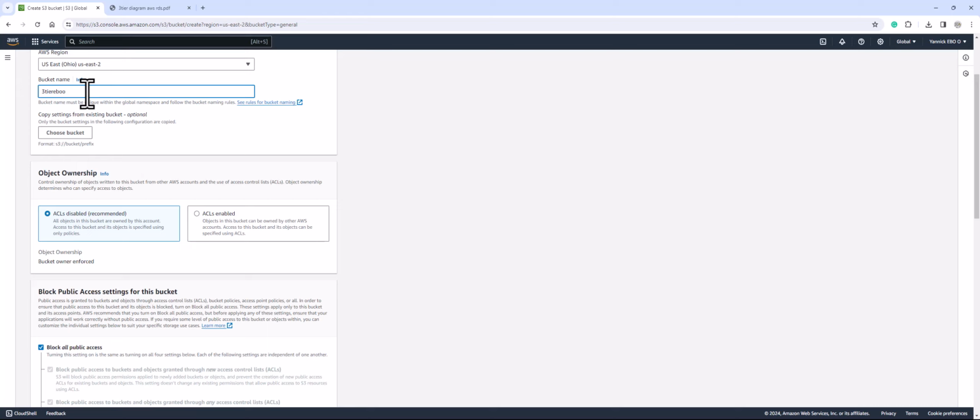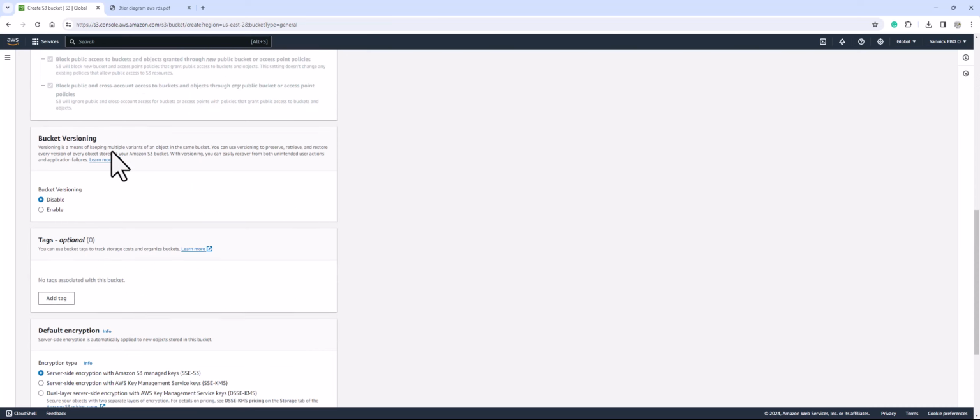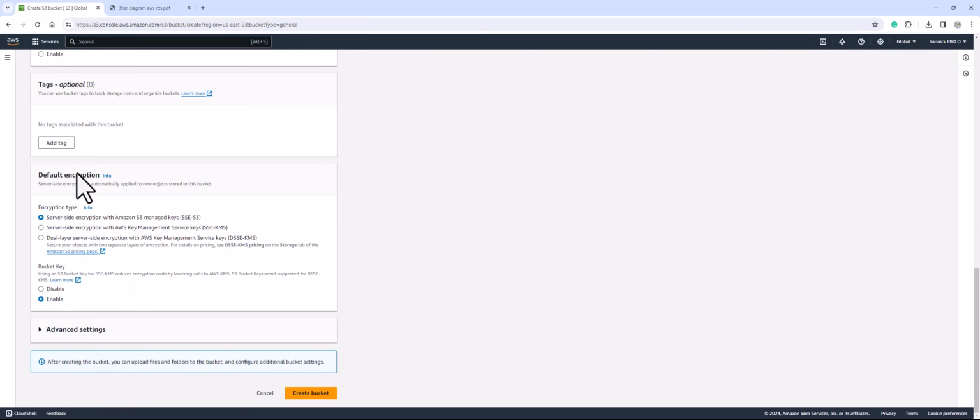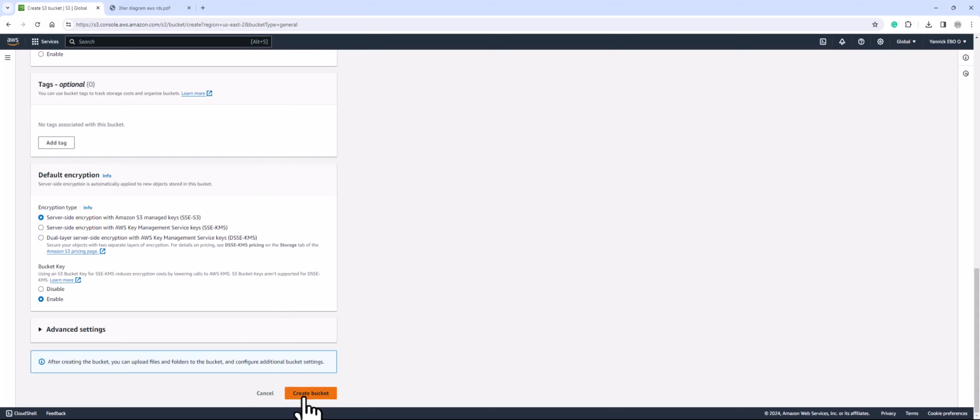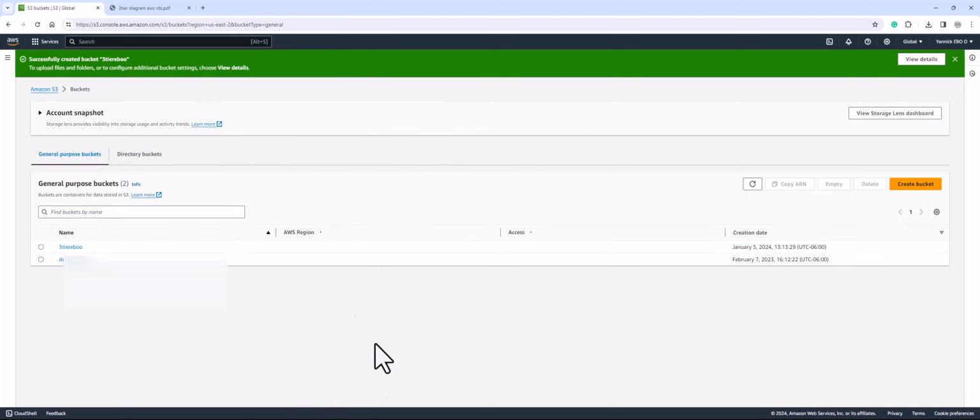able. And you can do whatever you want with it, but for us this is fine. You don't need to do anything else. So I'm going to click on create bucket. Our bucket is created. So the next thing is that I'm going to open my Visual Studio Code and I'm